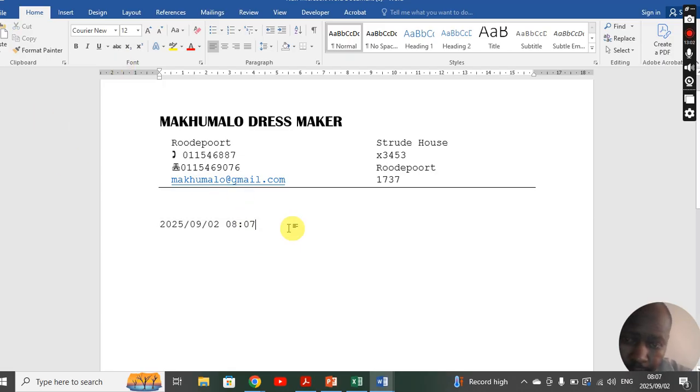Okay, so it means after here you will type the inside address. I'm looking at my recording, I don't see it counting, but anyway. So it means that here you will put the inside address. Let's say the person that you are sending a letter to is at Sehlakwane, so you say P.O. Box. You start with your name. Maybe you are typing it to Miss Makakula,